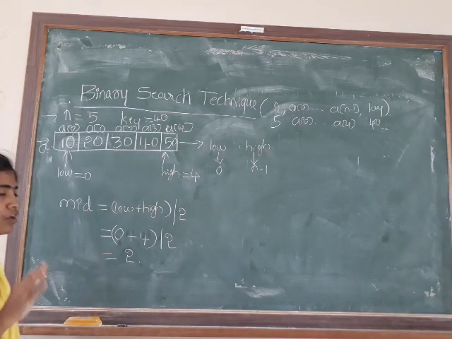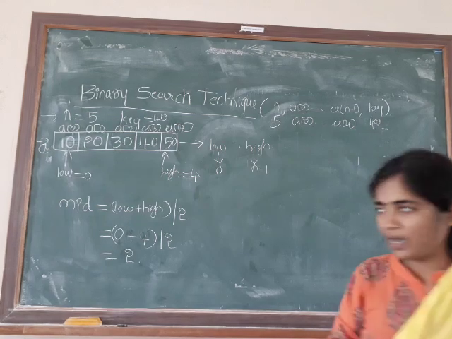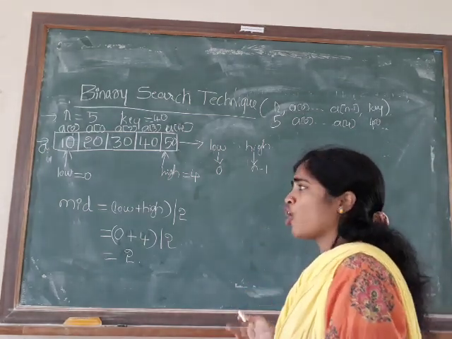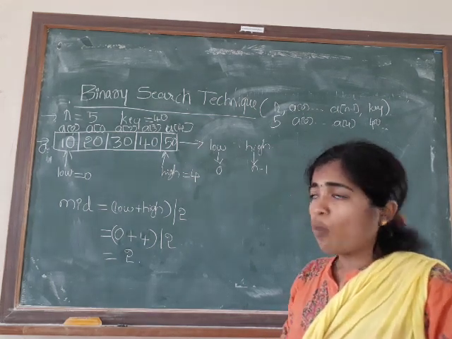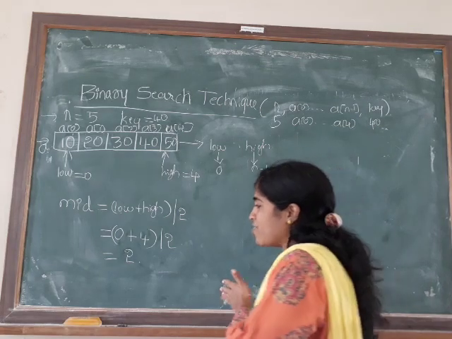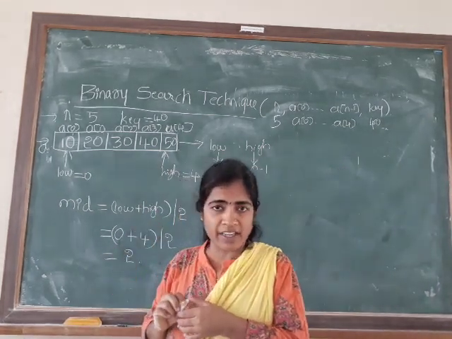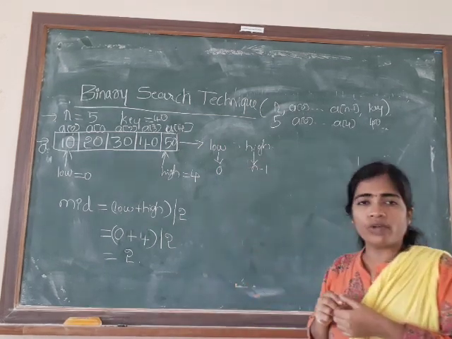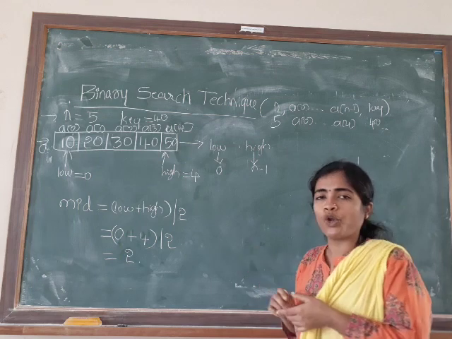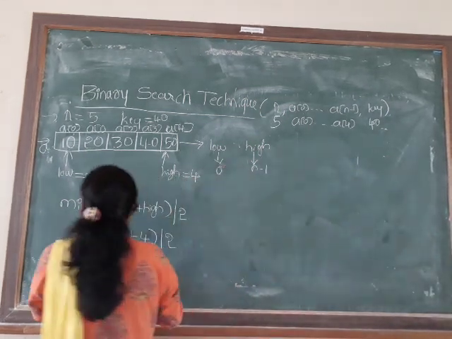Please try to understand that low, high and mid are better declared as int. Your obvious question, madam, why is it so? Why do I have to take it as an integer data type? Because if you get any value as a fraction, I cannot find a fractional position here. Agree with me or not? That's why it is better to take an int. If you get a fraction also, it will be taken in terms of an integer. So now the value of mid is 2.